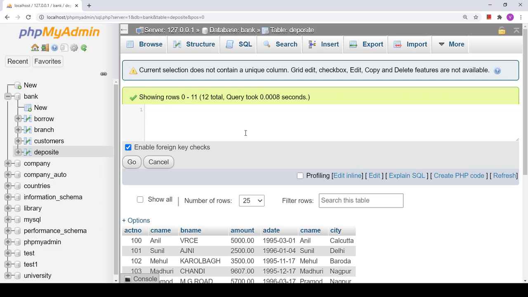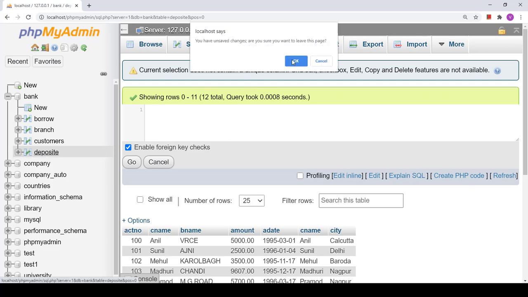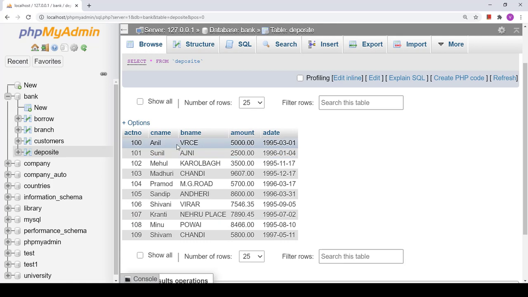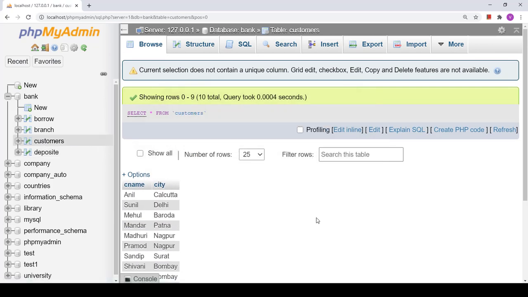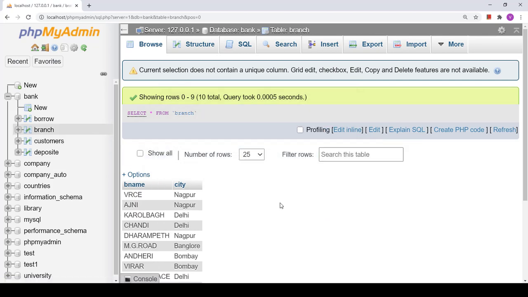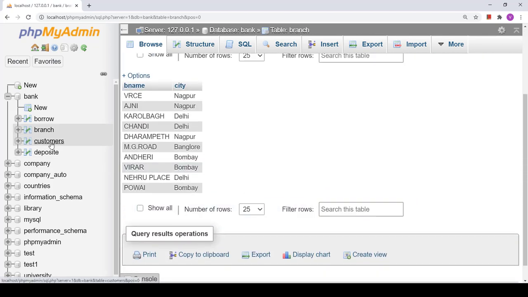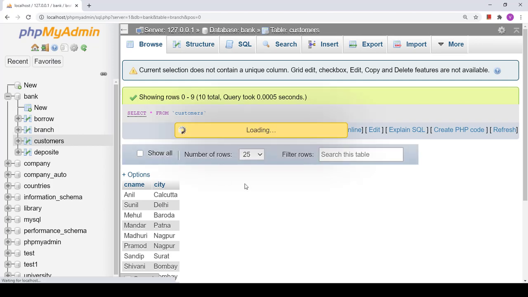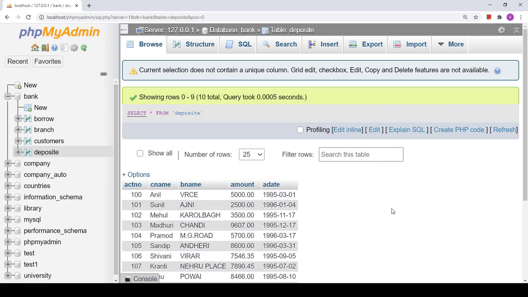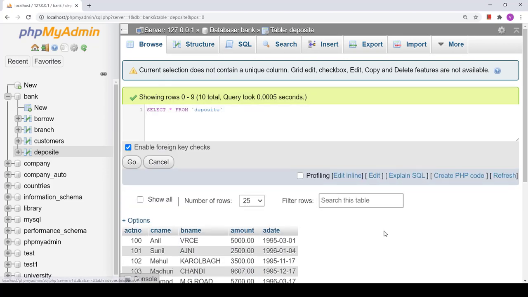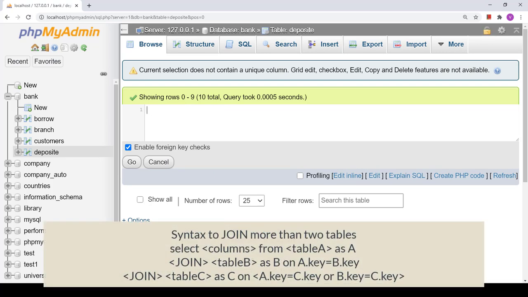of how we can join three tables. Fine, suppose I'm having a table deposit, मेरे पास एक डिपॉजिट टेबल है, उस डिपॉजिट में एक कस्टमर है अनिल, और अनिल की डिटेल्स दूसरे कौन कौन से टेबल में है? अनिल की डिटेल्स एक कस्टमर्स टेबल में है, और अनिल की ब्रांच की डिटेल्स उस टेबल में रहेगी। So I want to join three tables where I am having the details of Anil.